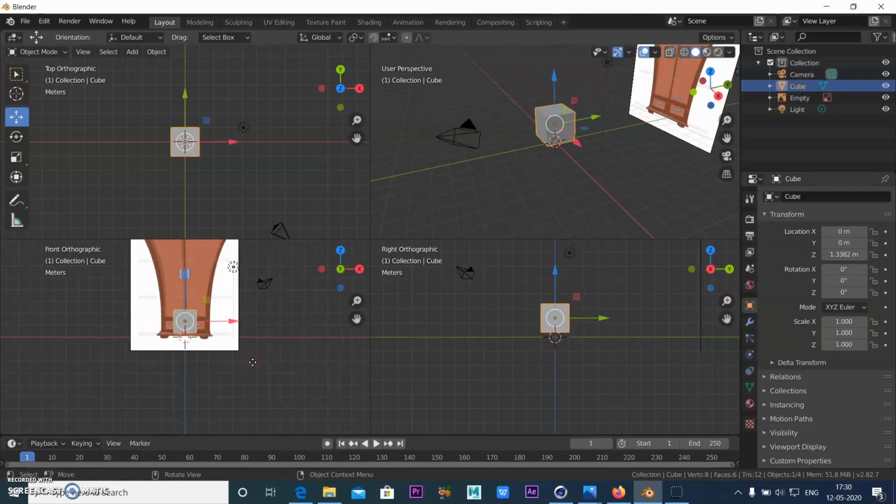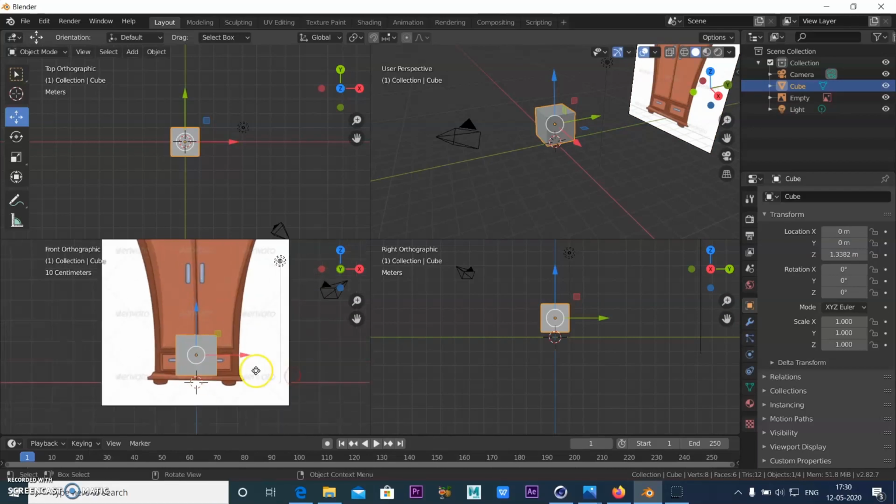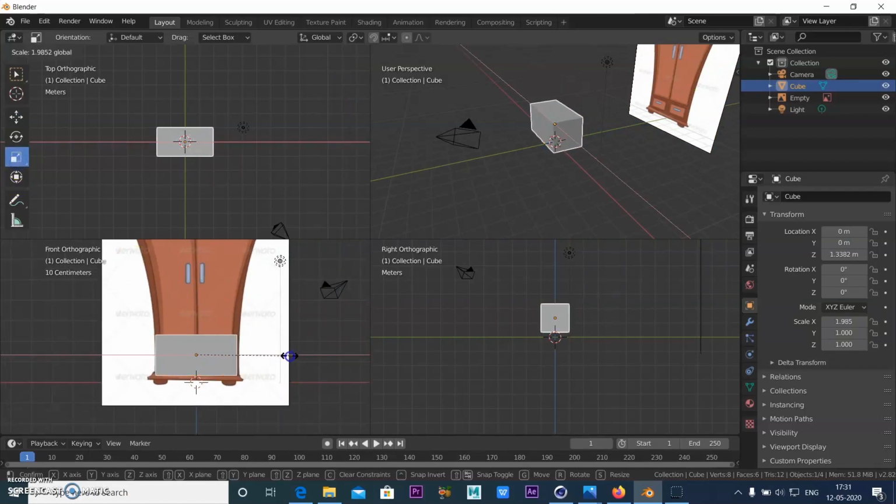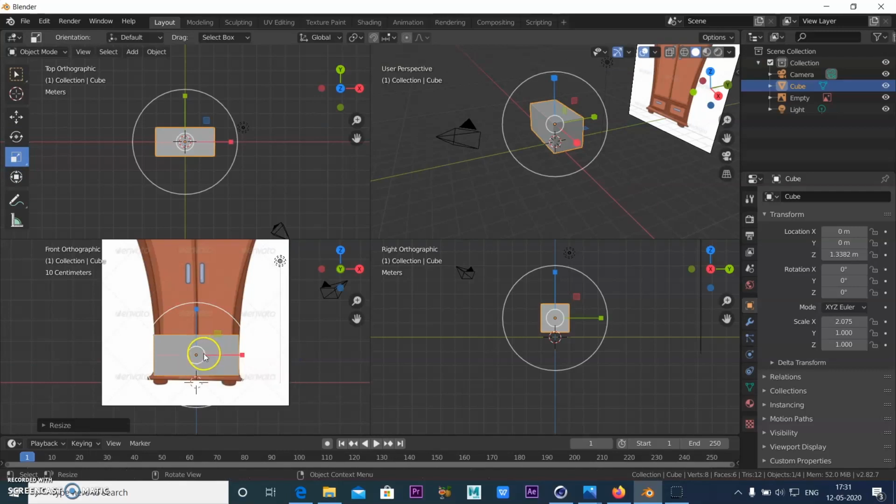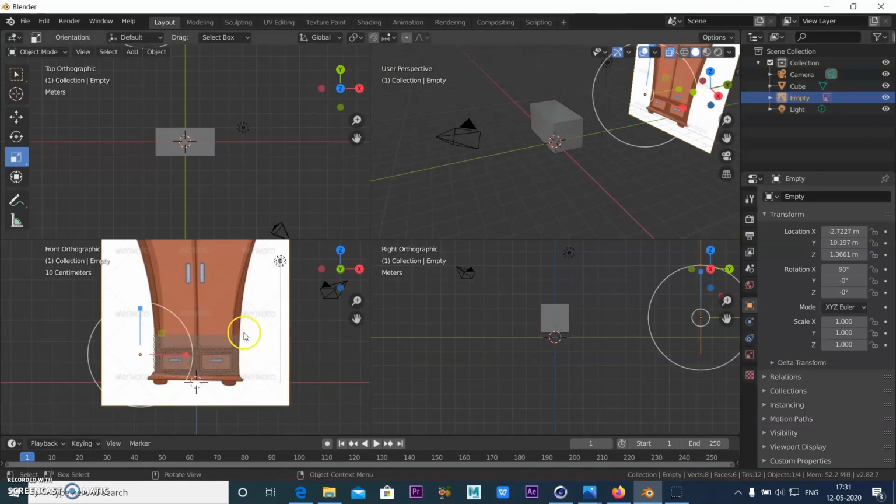Okay, so let's start modeling this. So first we adjust the scale of this here. So from here to here, it is fine. Now go here and change it to X-ray mode so I can see the background how I'm modeling. Okay, so once you are done,